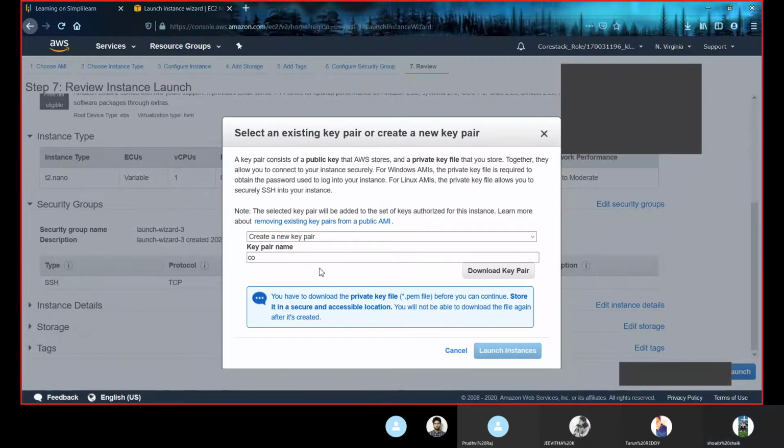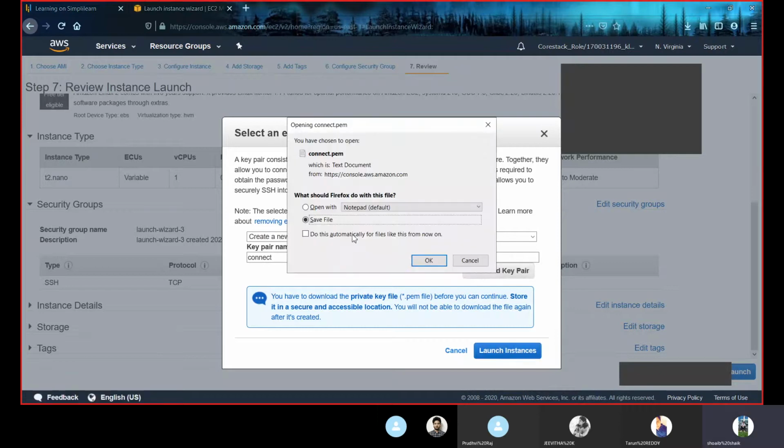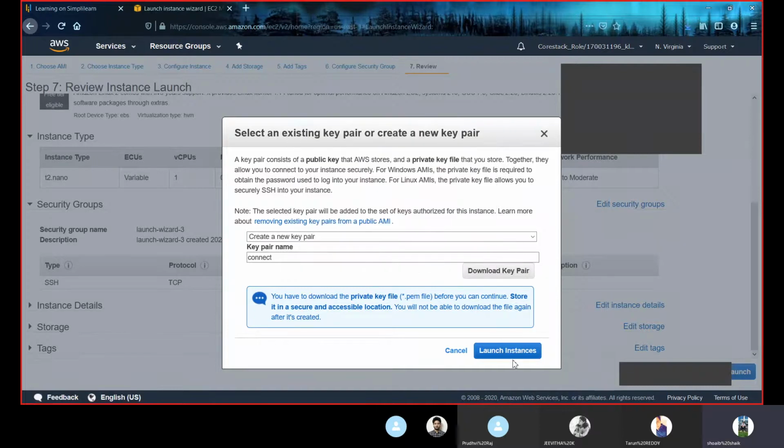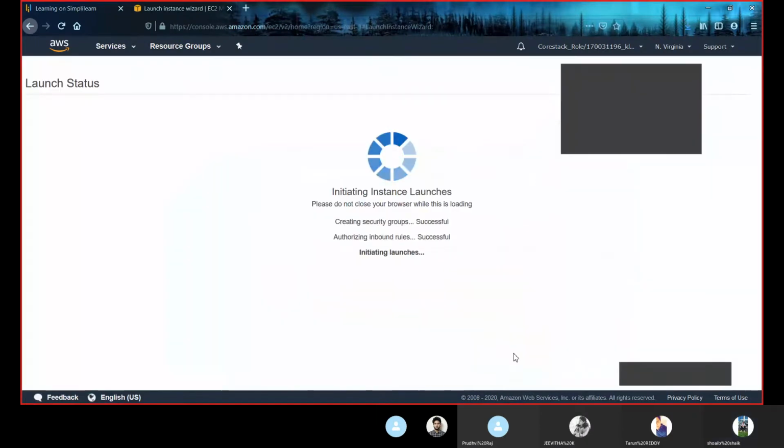Connect. Okay. Just click on download key pair. Now we are saving our key pair to our PC. Now click on launch instance.